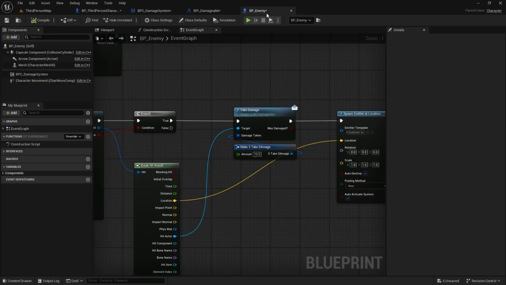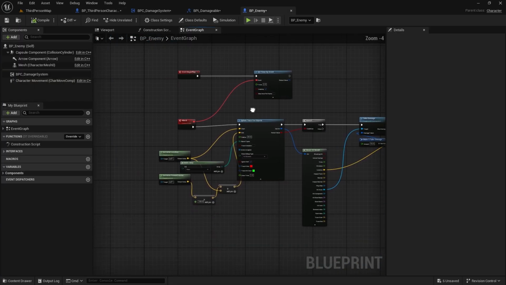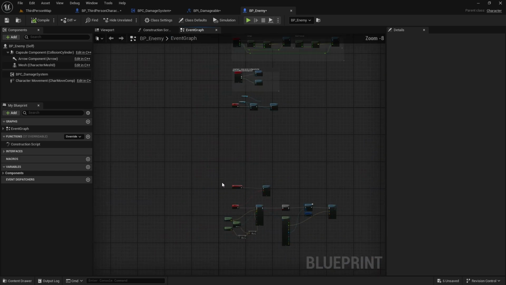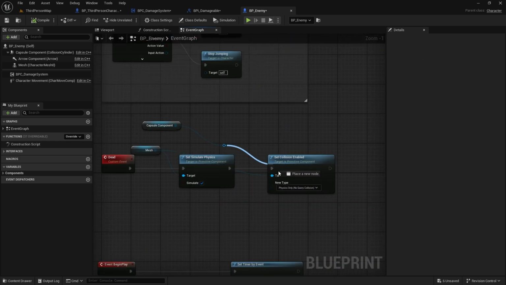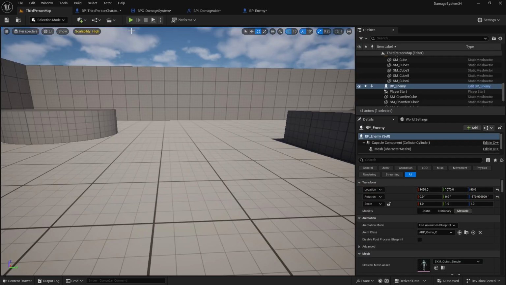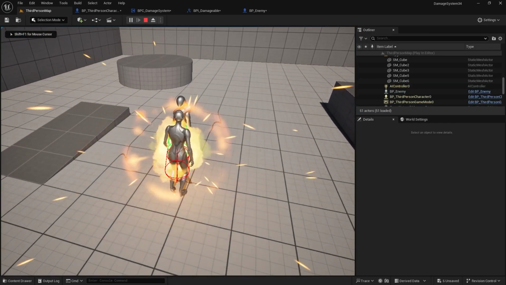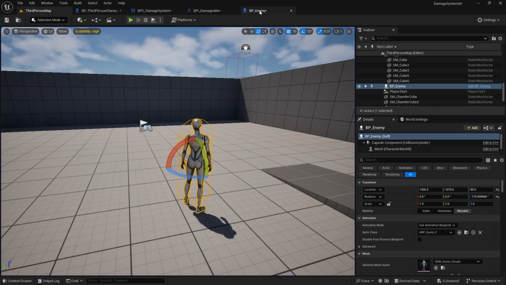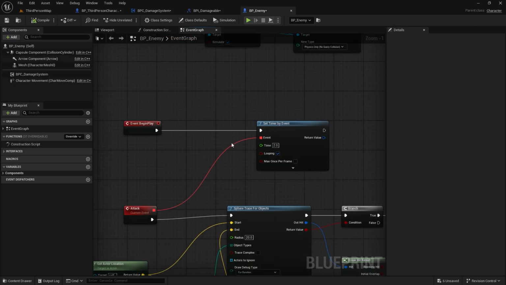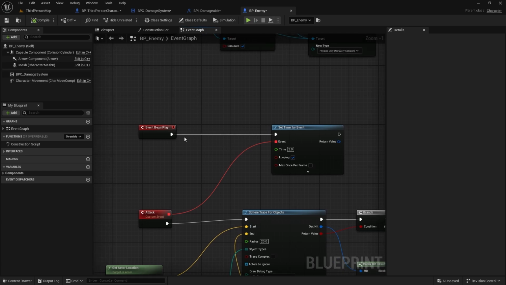So that is why, when we get event on dead, let's move this up a bit. On event on dead, we want to plug in this capsule component. So when we get to them, let's kill them. Camera works perfectly fine. And to stop them from being able to shoot us when they're dead, sorry, we want